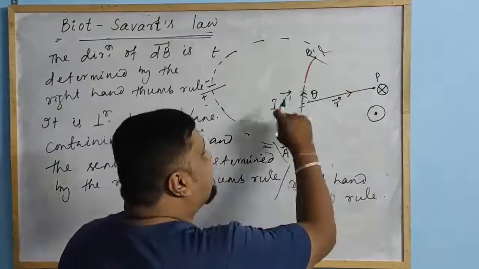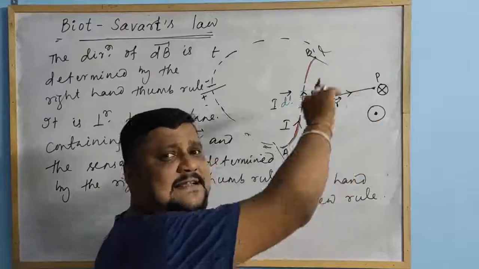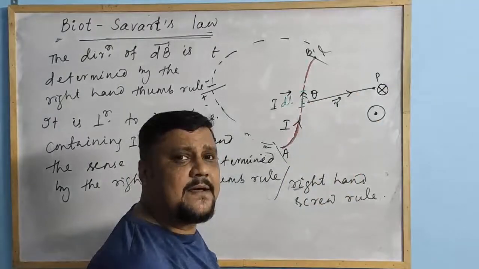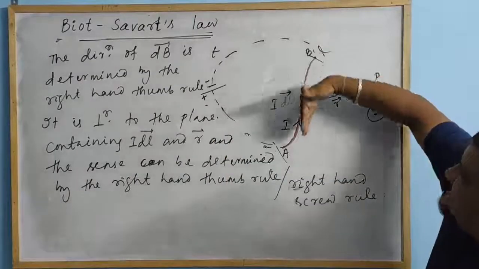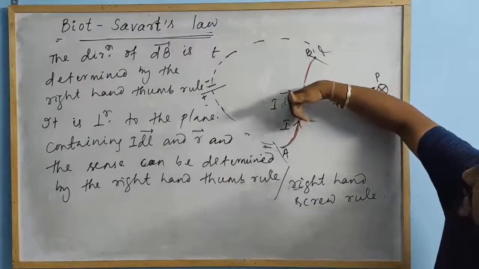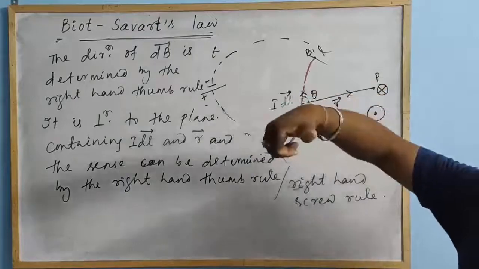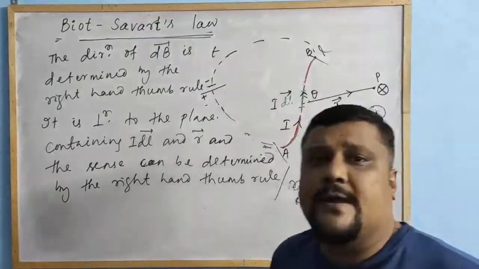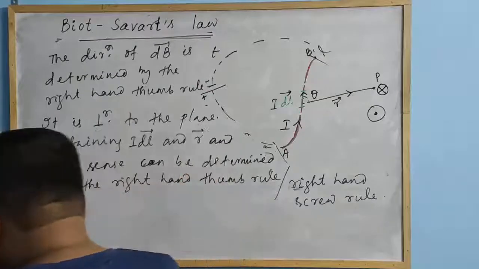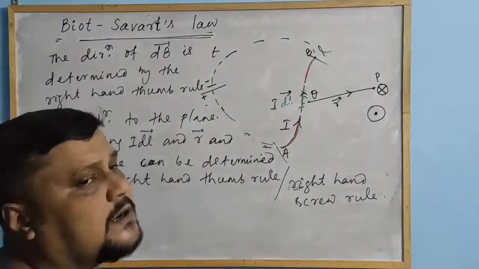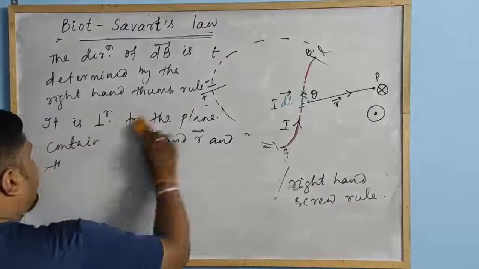If this dl is in the opposite direction, then the sense will be dl cross r like this. dl is along this direction, this is r, so dl cross r means perpendicular outward. According to that, you can know the direction. Clear? So this is about the Biot-Savart's law. Now from this Biot-Savart's law,